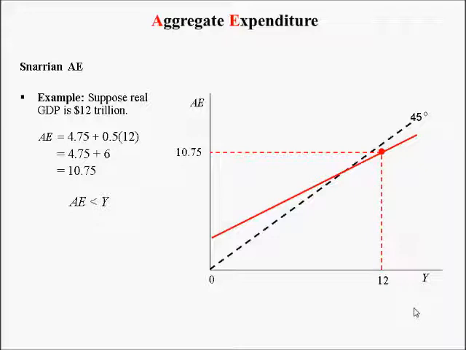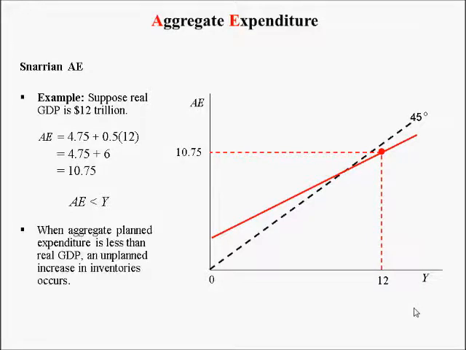Aggregate planned expenditure is less than real GDP, the output of the economy. When aggregate planned expenditure is less than real GDP, an unplanned increase in inventories occurs. So let's think about this. You're an IHOP restaurant, and your customer traffic starts to slow down, right? So you see